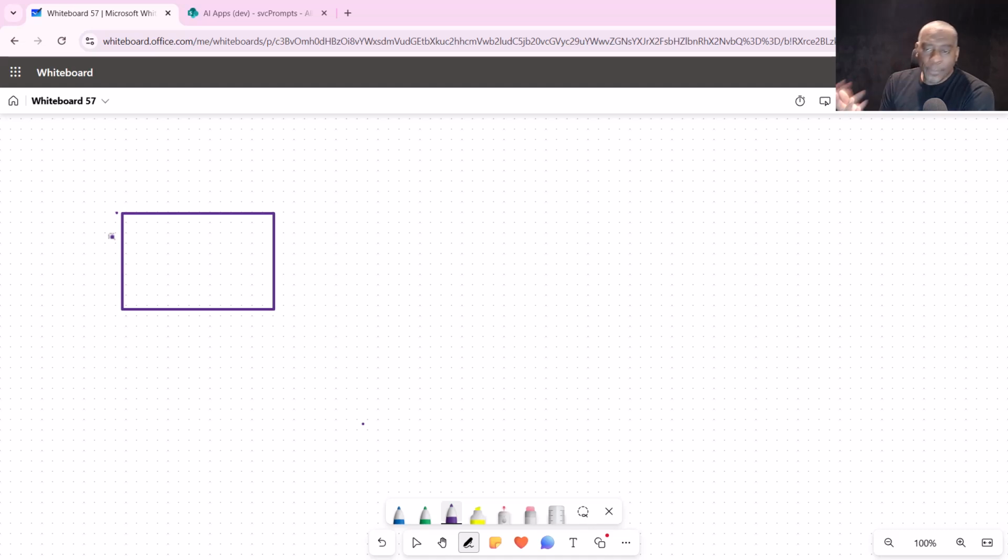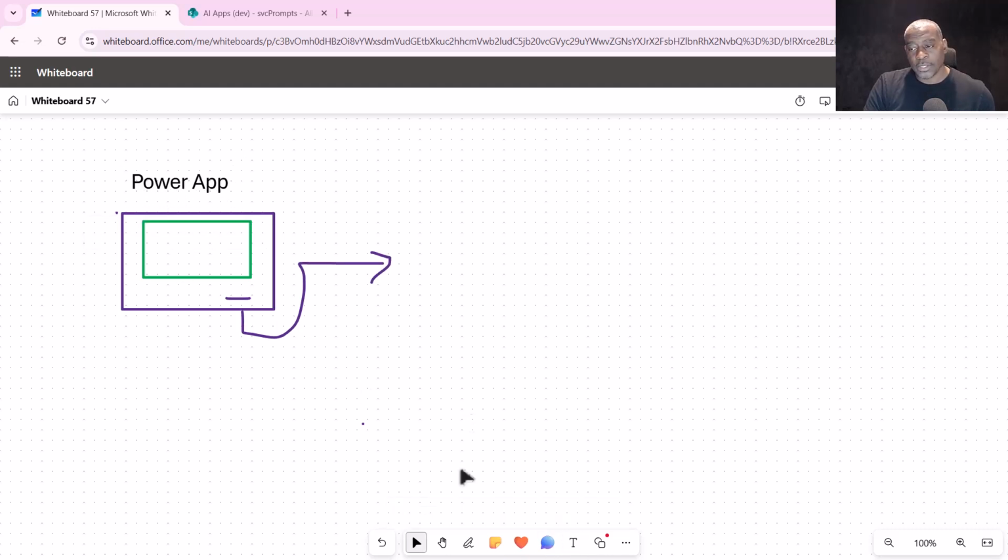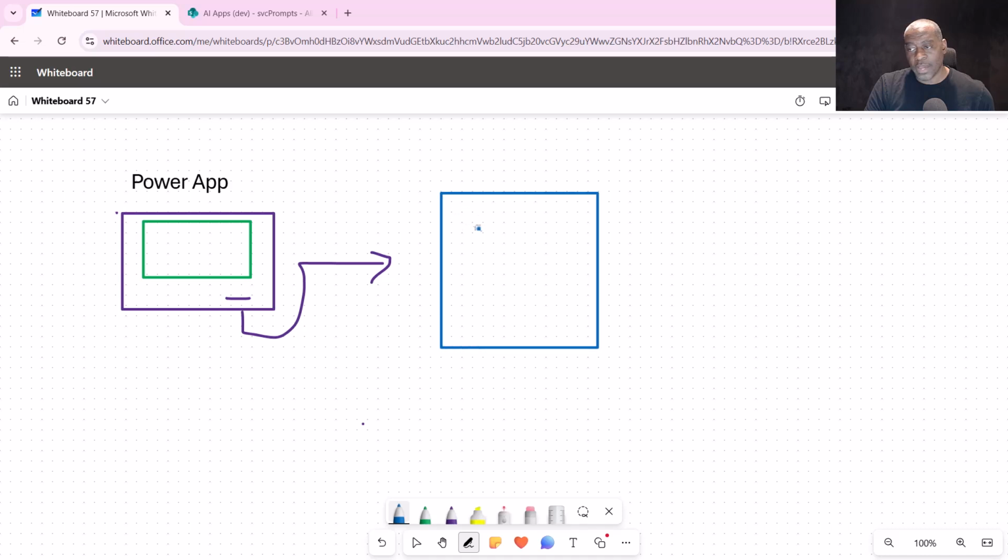So when building our apps, let's just take this proposal generator. We have an AI proposal generator that we use for RFPs, RFIs, or RFQs. In this proposal generator, the user has an input, and we have them copy and paste the request into this text box. Then they click on the button. This is a Power App. When they click on the button in the Power App, what we tend to do, and again, these are reusable patterns that we have built, and it allows us to create these things in a fraction of the time,